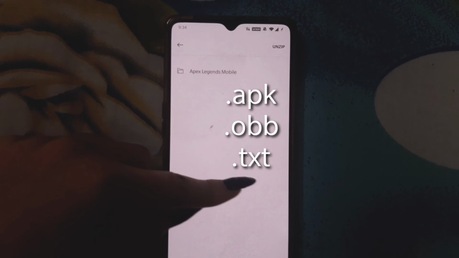What we need to do now is get back to our unzipped folder. In that unzipped folder, we had the .obb file. We need to click and hold on the .obb file. Then we need to cut it from that location, from the unzipped folder.